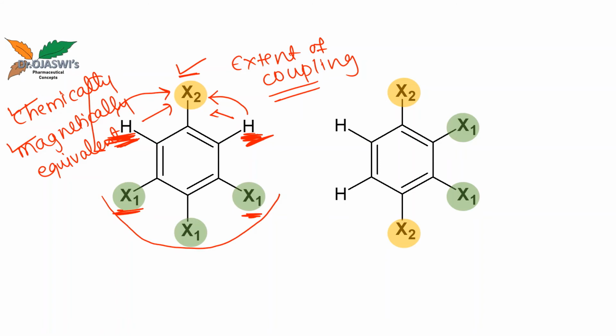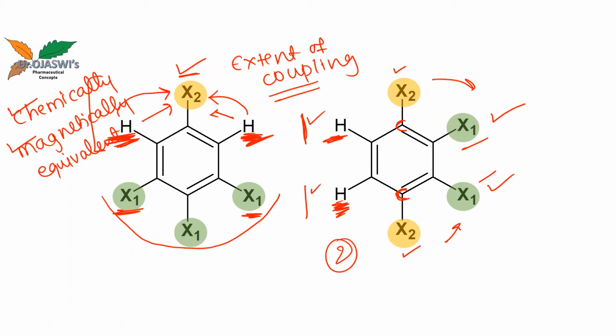But in the second structure, if you see these two hydrogens, this hydrogen has an adjacent carbon. Even this hydrogen also has an adjacent carbon. On the adjacent carbon, X2 is present. Here also, on the adjacent carbon, X2 is present. So I call them chemically equivalent, because on this side also the neighbor is the same. Here also X1, here also X1. So their chemical environments are the same, and yes, I am calling them chemically equivalent.